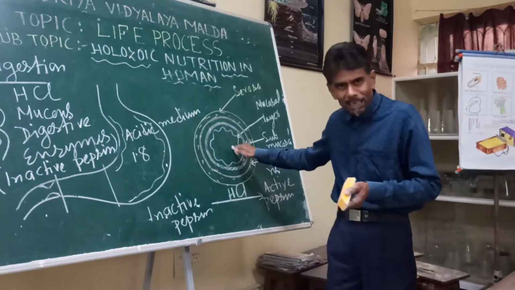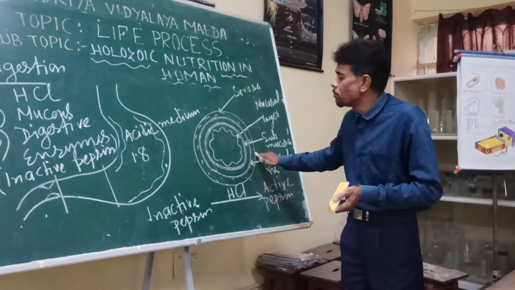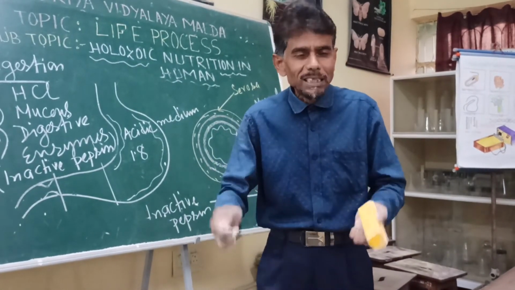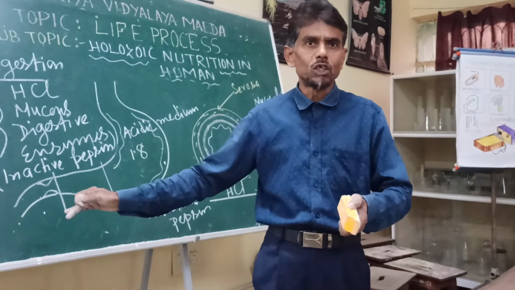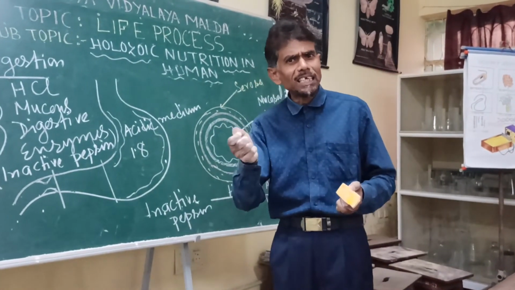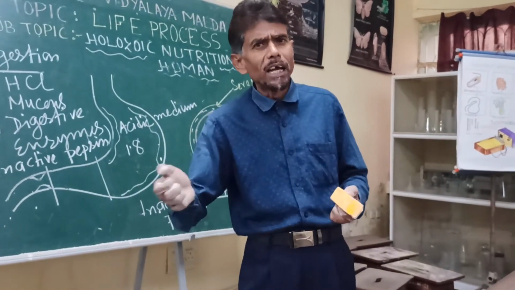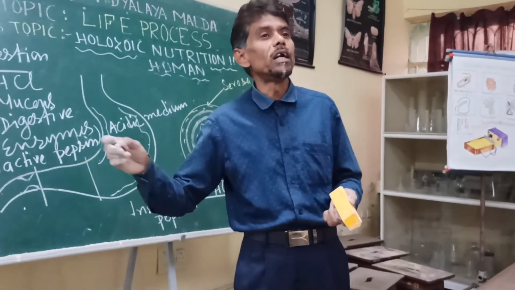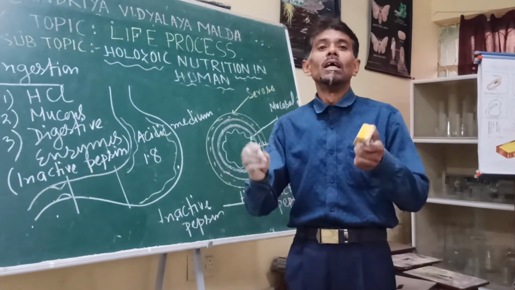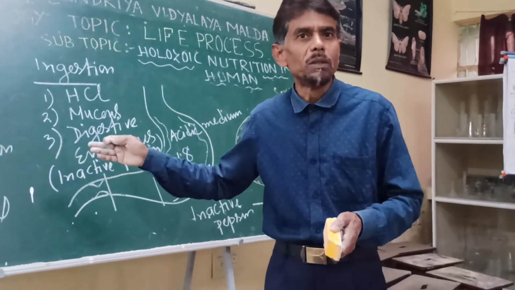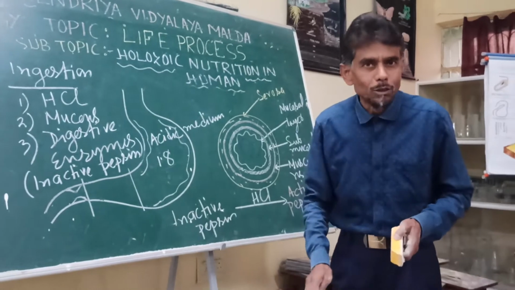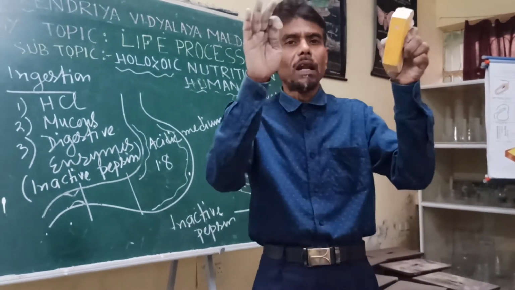So this is the chemical part of digestion in the stomach. What type of food is getting digested? Basically it is protein food that is getting digested within the stomach. Apart from that, certain fat digesting enzymes in very, very minute quantity are also secreted in the gastric juice. That fat digesting enzyme secreted from the gastric juice of the stomach is called gastric lipase.